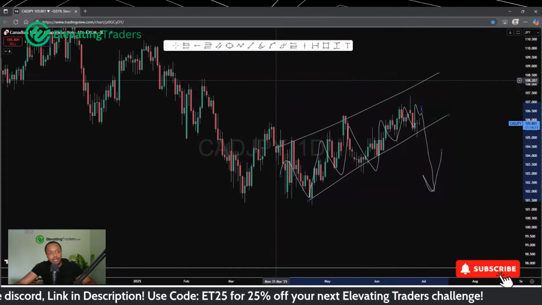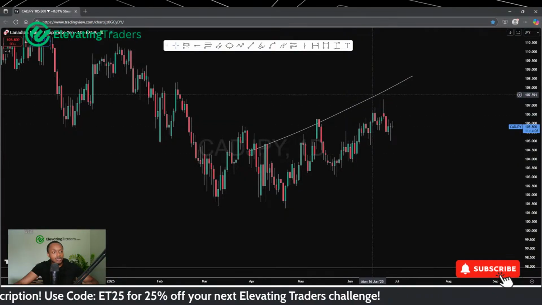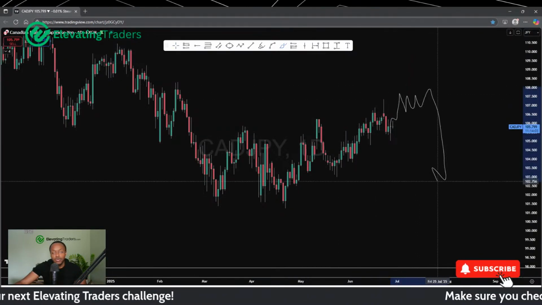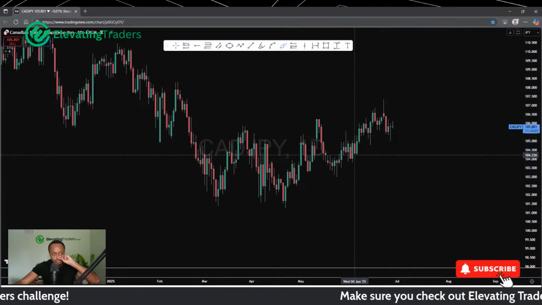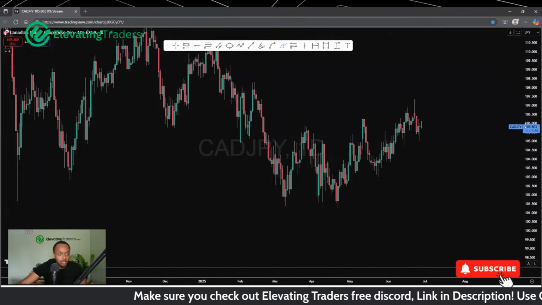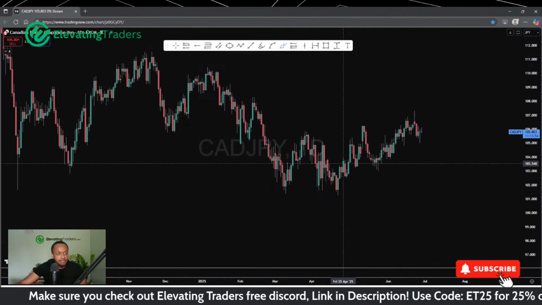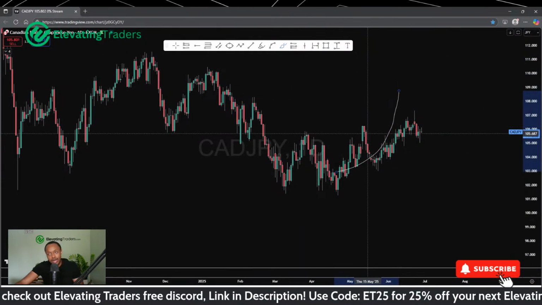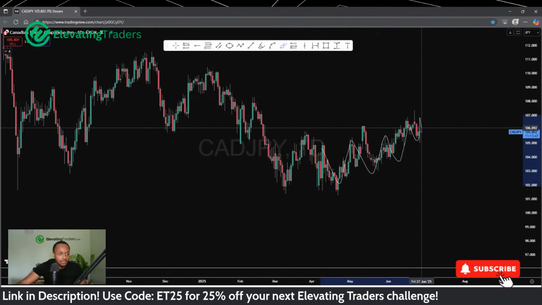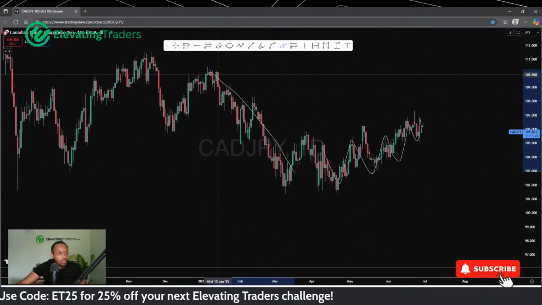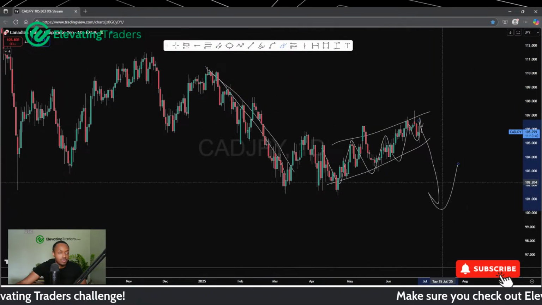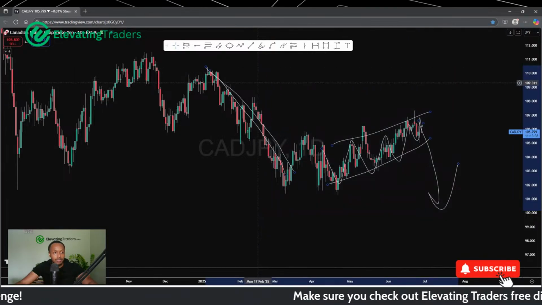The difficult thing is, at what point is it? We could still remain corrective for a few more weeks before we actually do push down. But price action like this, especially if we're trying to go through a reversal, because the market's been falling for some time, if this is going to be a reversal, I would expect more aggressive momentum. The fact that we are corrective looks to me like we're just having a pullback of this last bearish move. So if that's the case with CAD yen, we could be seeing some downside at some point in time here.